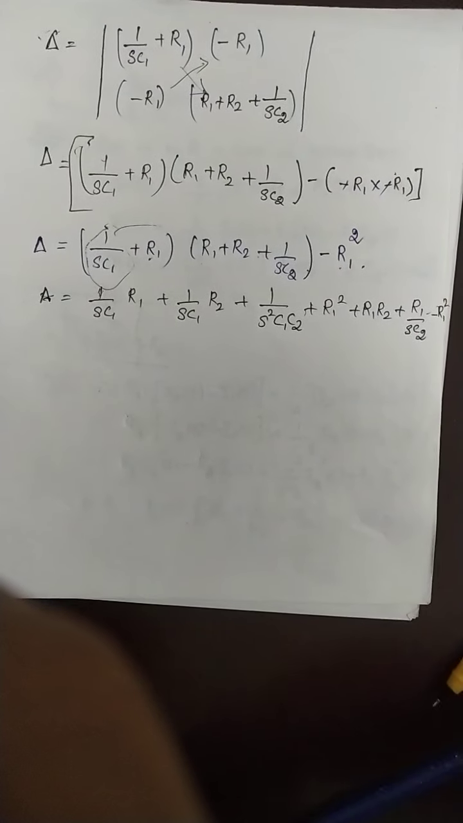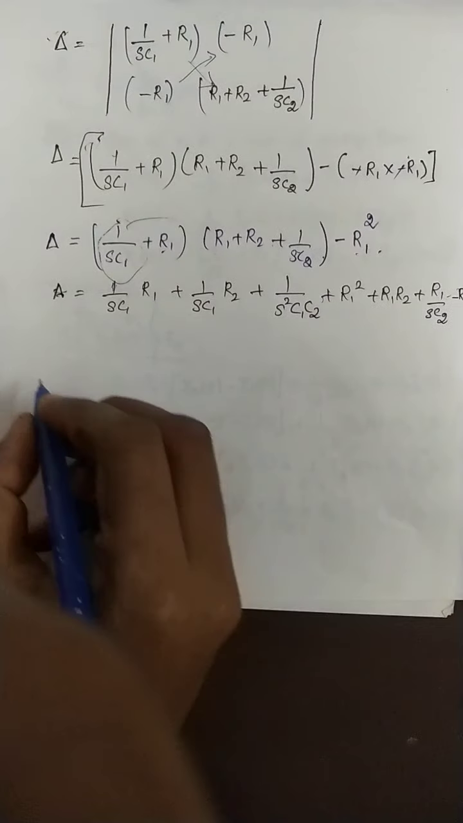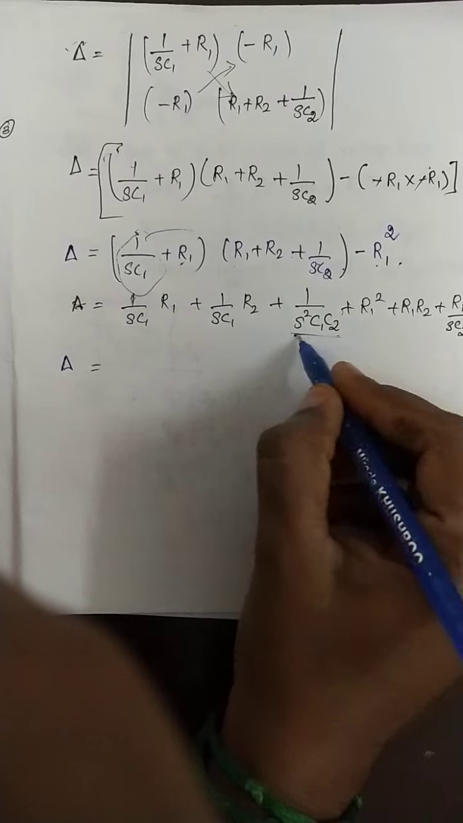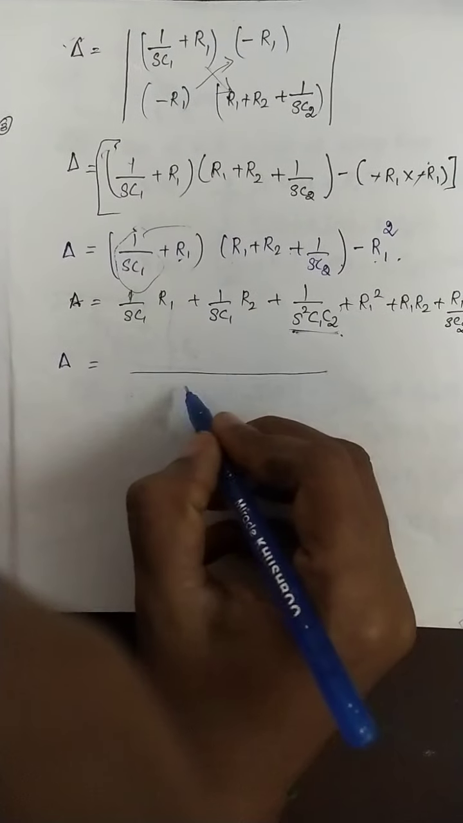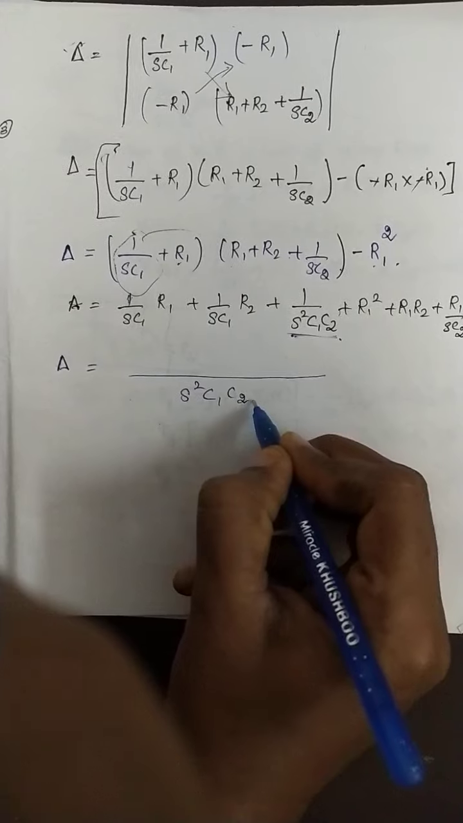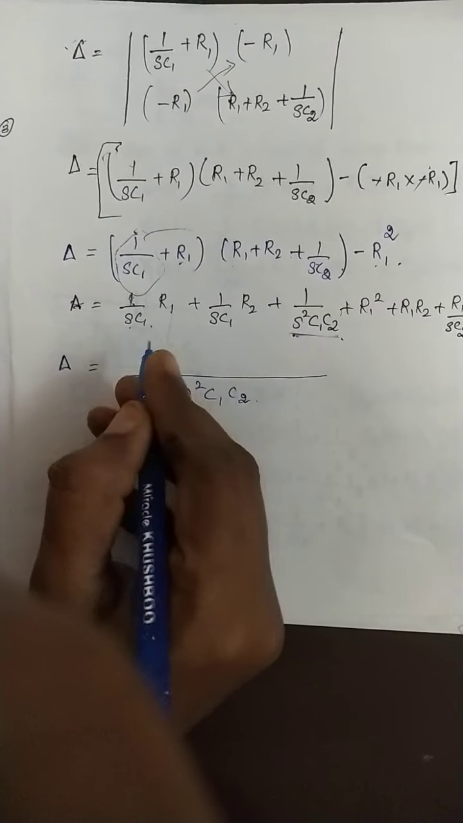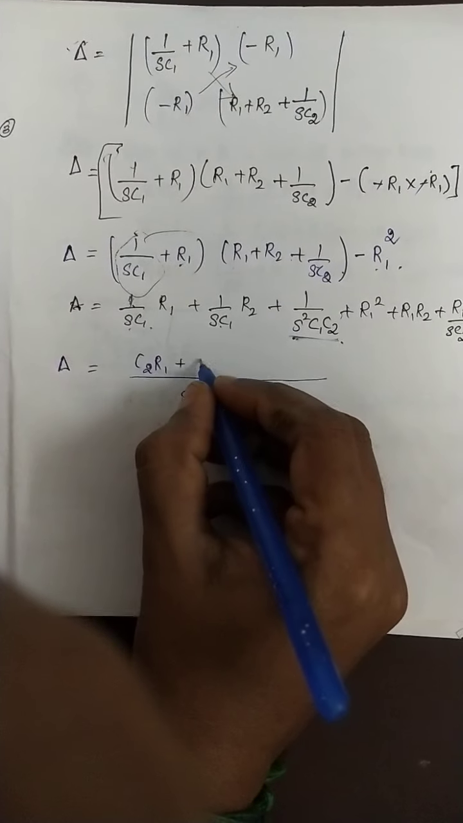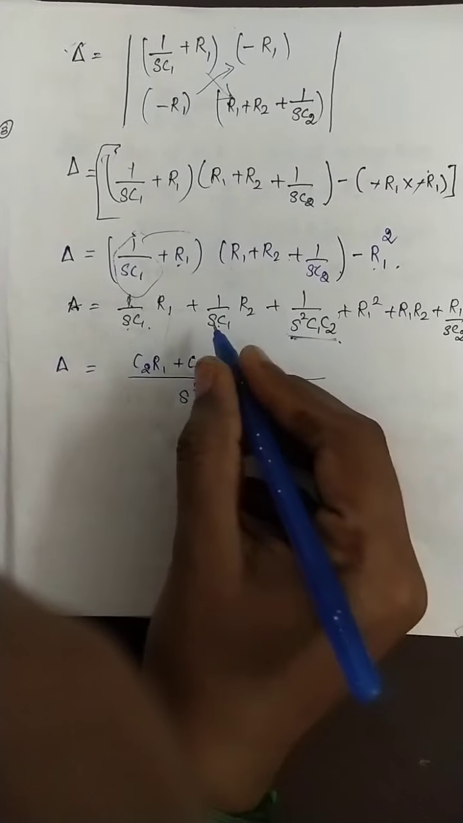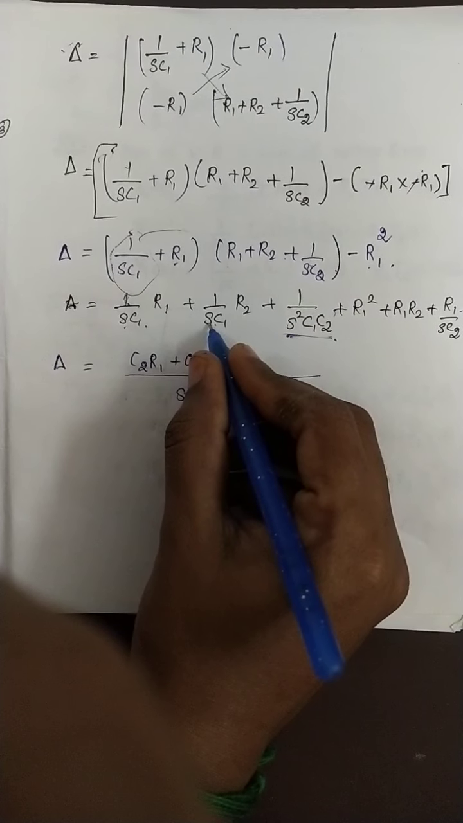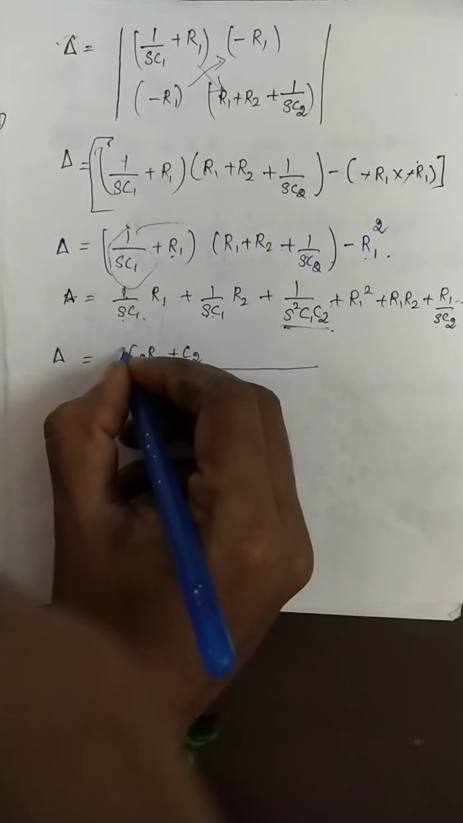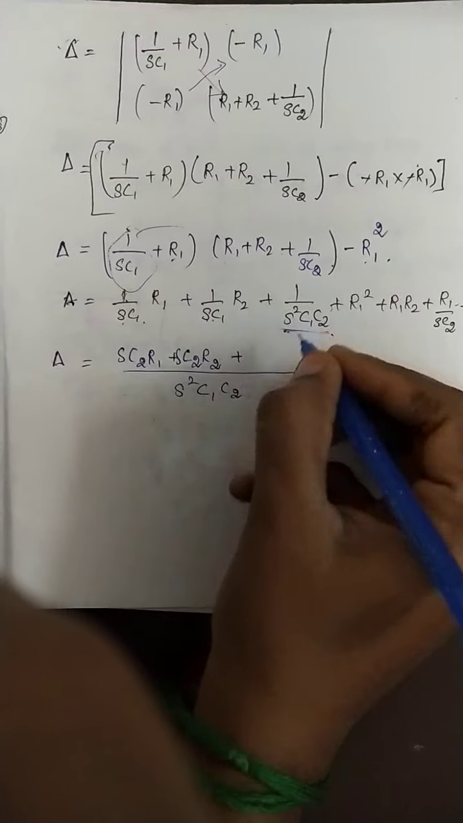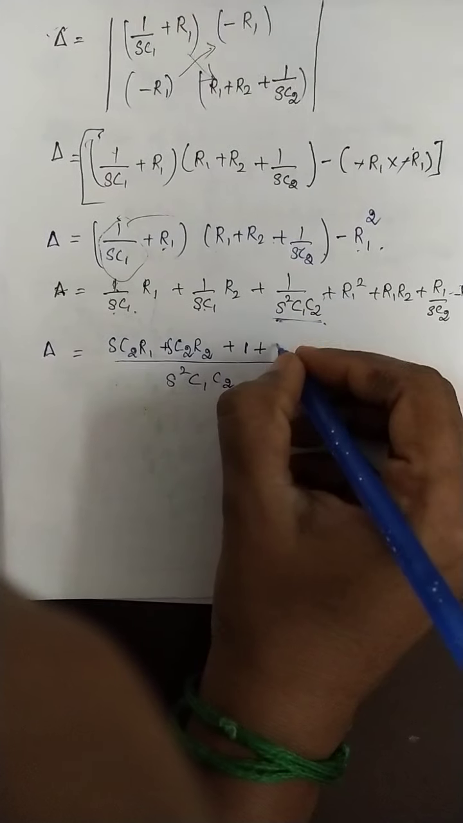So now we are taking this delta. Taking LCM. So which one is LCM? Which one is higher term? This one is higher term. So I am taking this S squared C1 C2. Here which one is missing? C2 is missing. So C2, here already R1 is there. Here also C2 is missing, and also one S term is also missing. S squared is there, here also S. So S into C2 into R2. Plus here only 1. Plus R1 squared